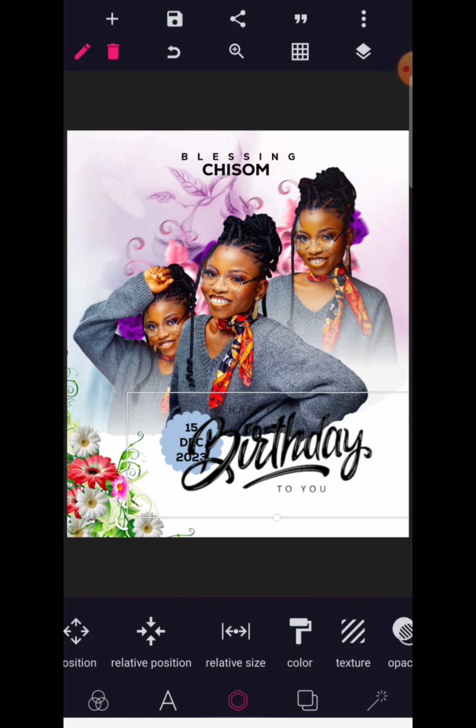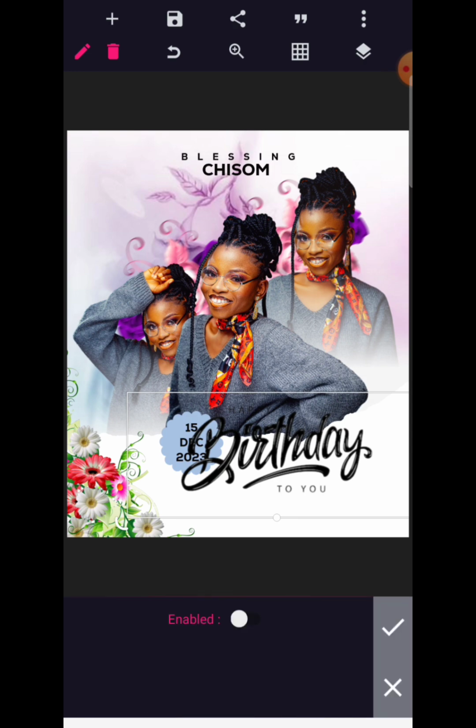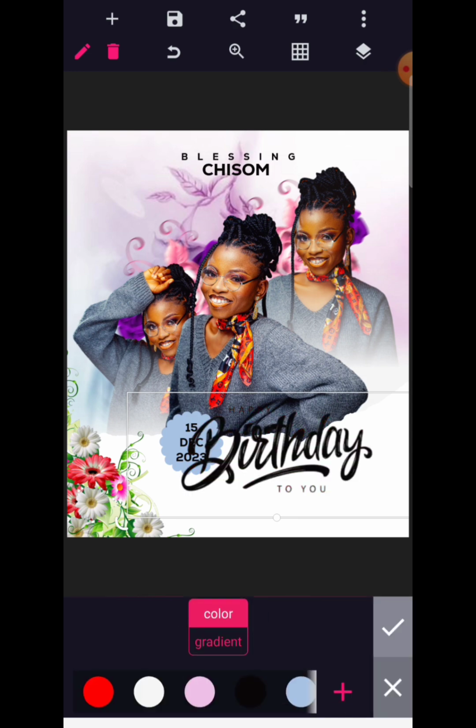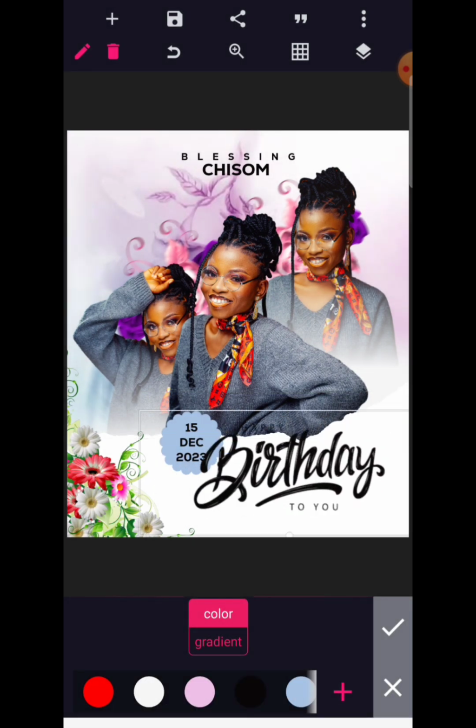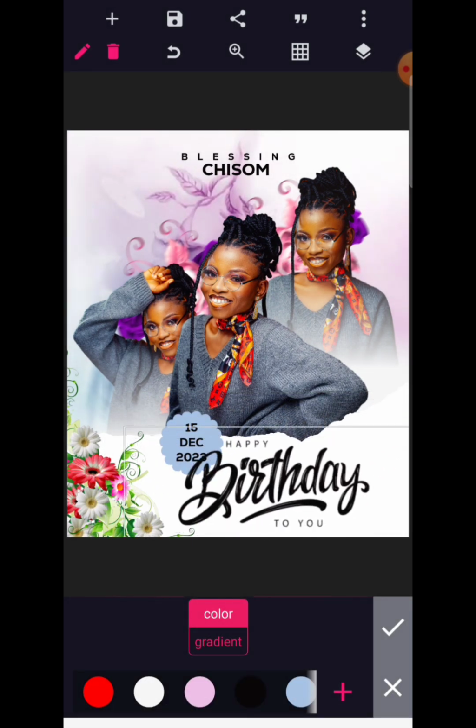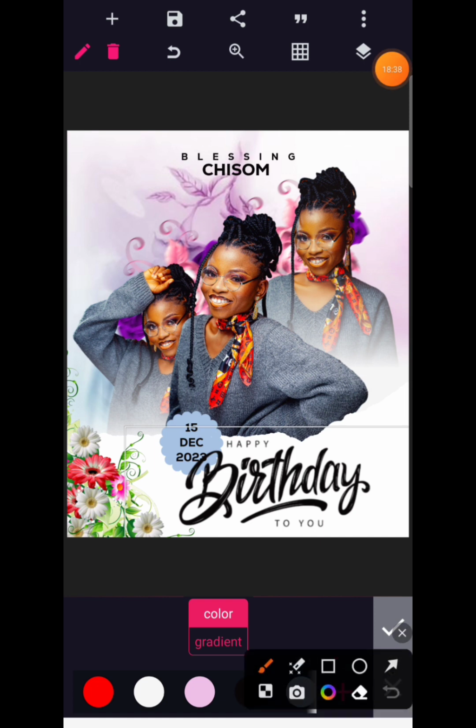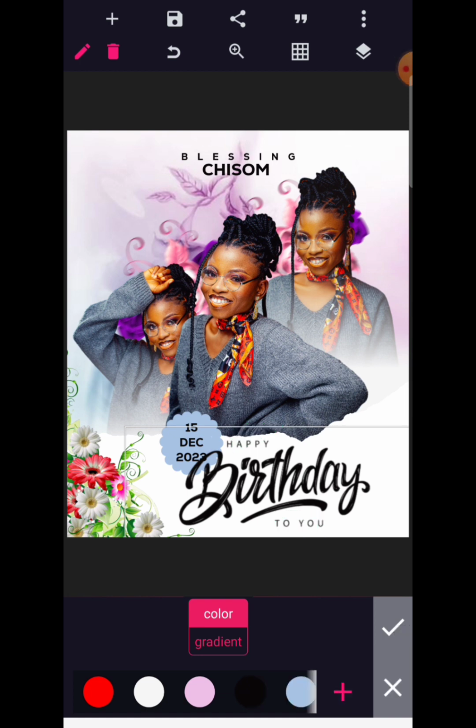And look at what we're going to do. We're going to change the color to black. As you can see, it's in black, but I don't want us to leave it like this, happy birthday to you. So we are going to erase the happy and to you. We're going to erase it. We don't need that. So just go to